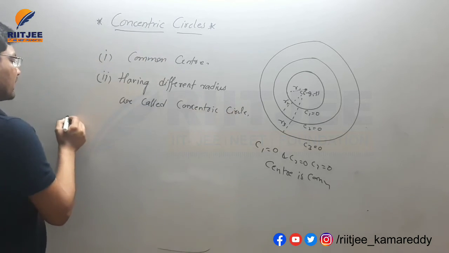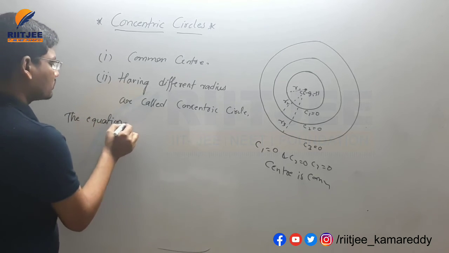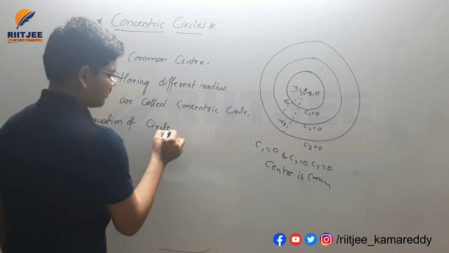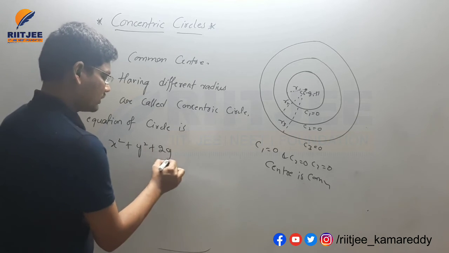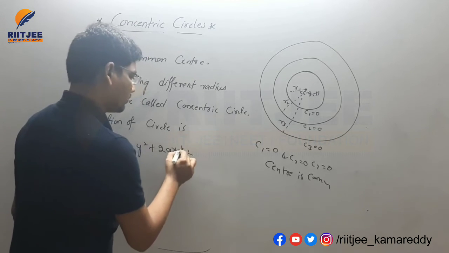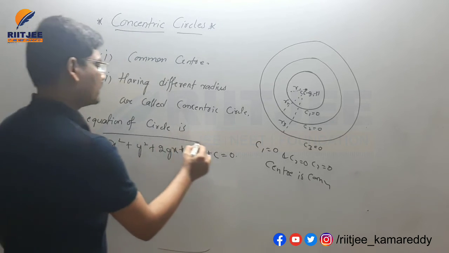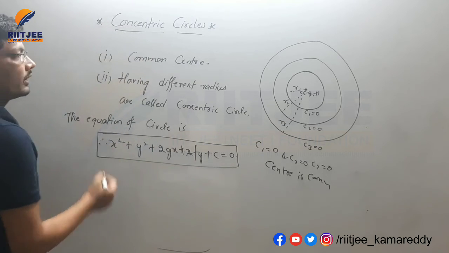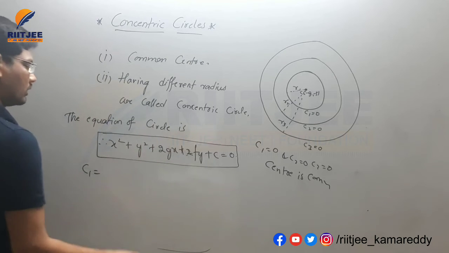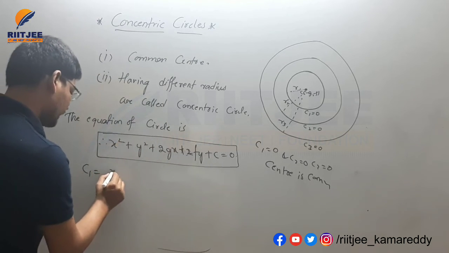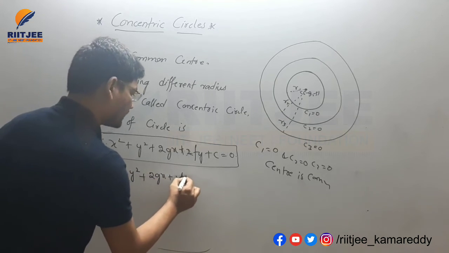Generally the equation of a circle is x square plus y square plus 2gx plus 2fy plus c is equal to 0. This is the general form of a circle. For this circle C1, let's write the equation here, in the general form of the circle: x square plus y square plus 2gx plus 2fy